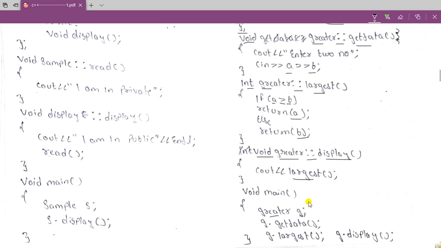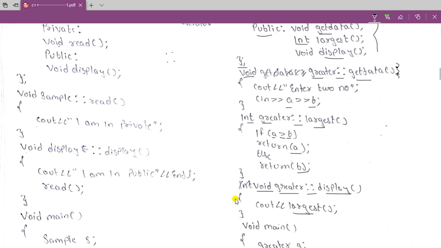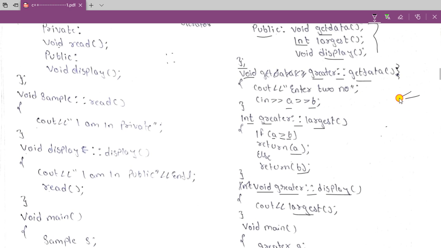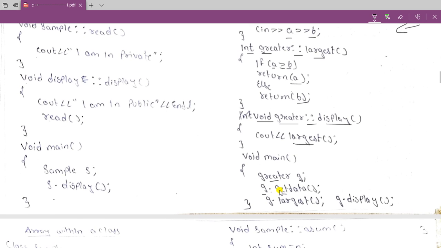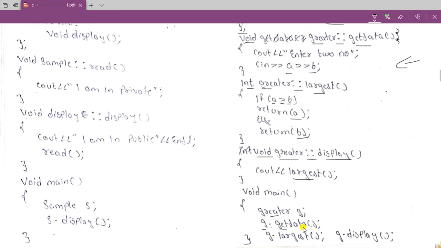We have declared the object; this is the syntax of the object: class name, object, semicolon. Through the object and the dot operator we are accessing the functions. The object here is g, and with the dot operator we are accessing the getdata function. Whatever statements we have written in it will be performed.